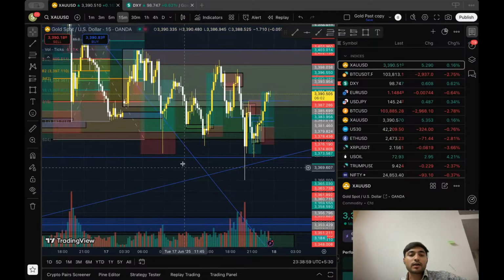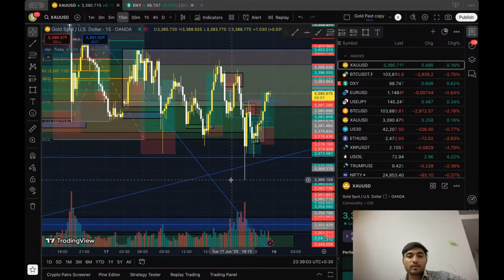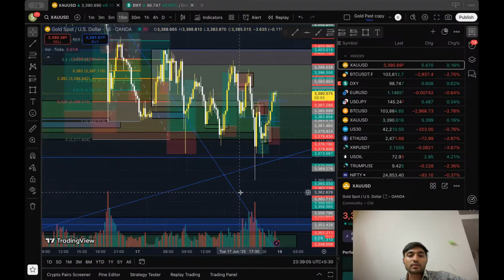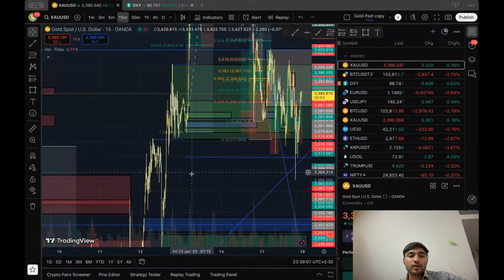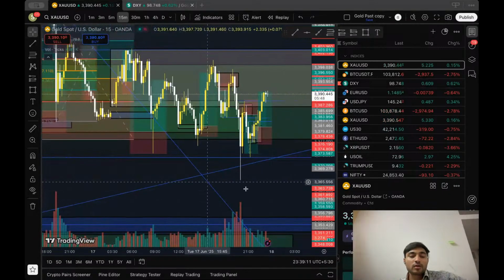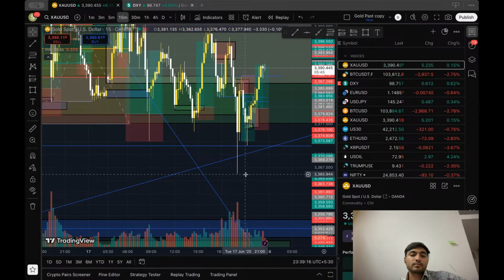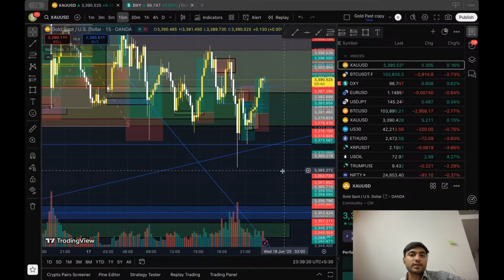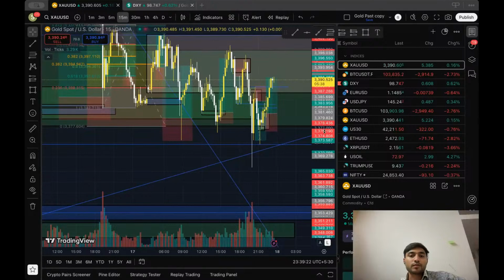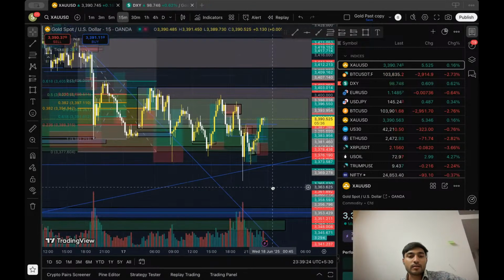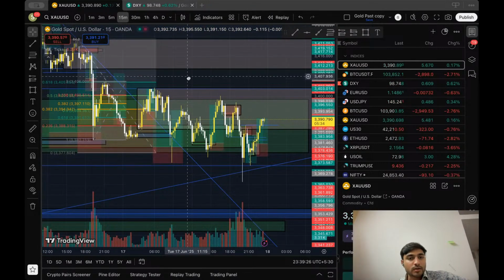I need to tell you this and this, why we have not closed below these levels, why there is a lot of fair value gap, it covered only this much. These are all the questions and these are all the answers, because it's a 50% level. So this is how you justify them, and in the future, this is how you take the trades. So is there a trend line forming?